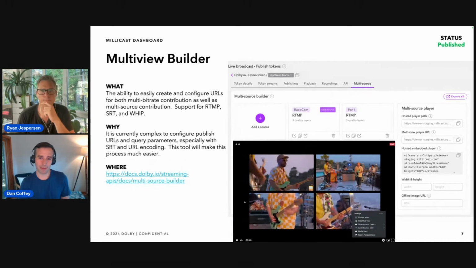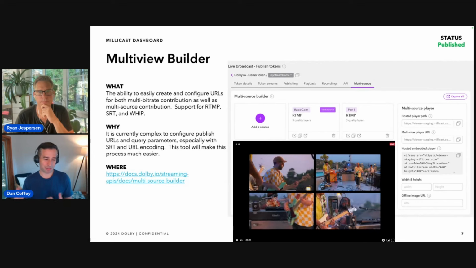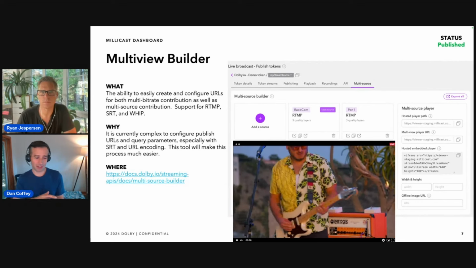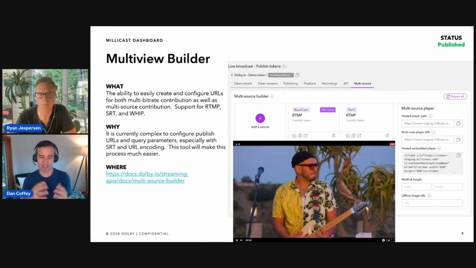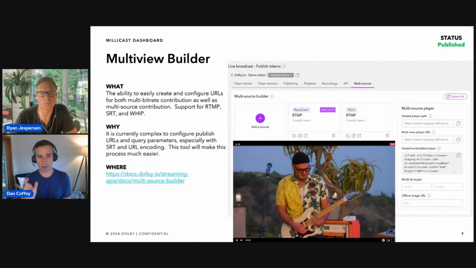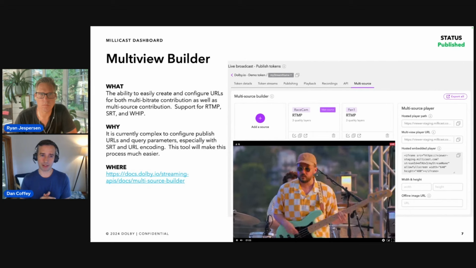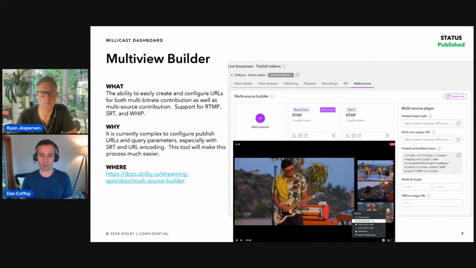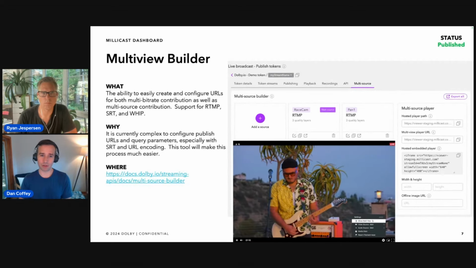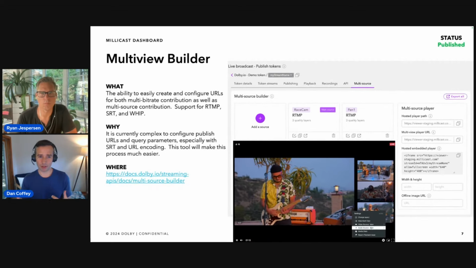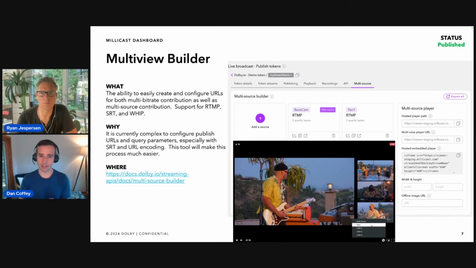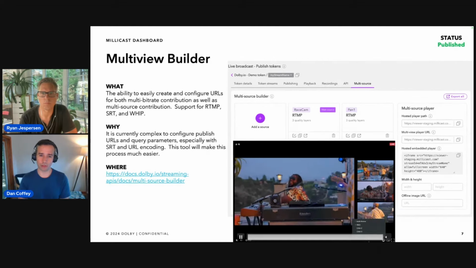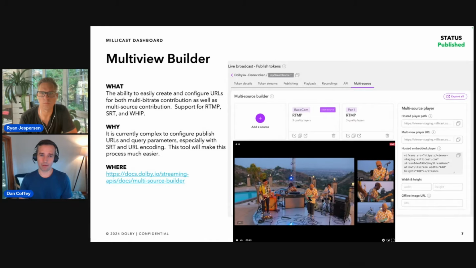Yeah, I think what I like about this is that it's one of the complex parts of our service, right, Ryan? Like the way that you tell the service, oh, this feed is from this angle and all that. It's a complex thing, and we do it with what we call publishing parameters on your RTMP or SRT URLs, and it just becomes such a burden to copy and paste them. So we said, why not make a tool that makes it really easy to build these URLs? As we add more complexity to the service, such as our backup publishing and redundancy, or we want to change the way that some of this behaves, it's much easier if there's a tool, especially a what you see is what you get way to build